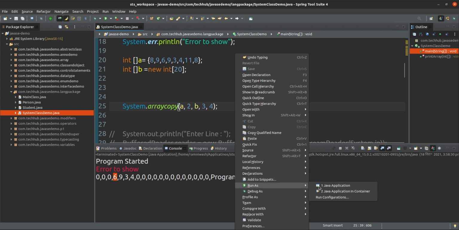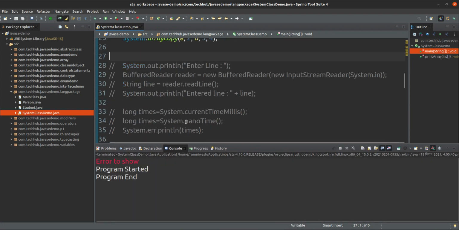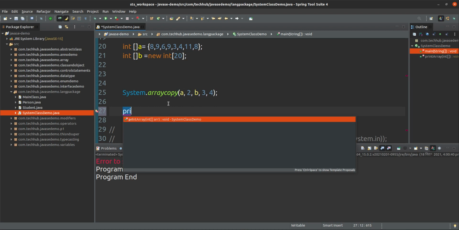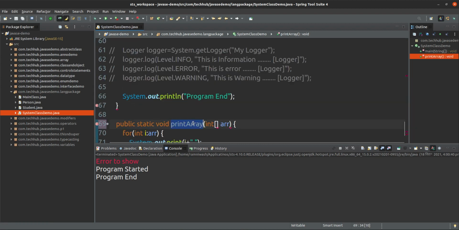So now if I run this, oh sorry, I have to print. I have written one method, printArray, for b, because a is there only. If you want to print a, I can print a also.